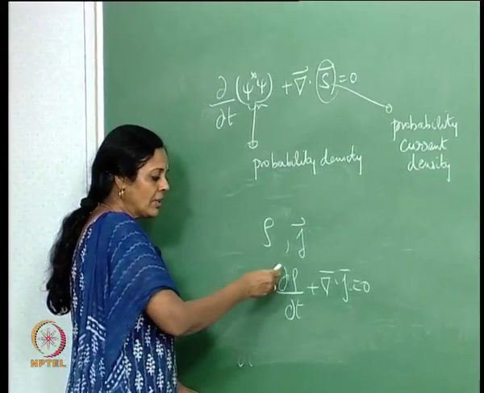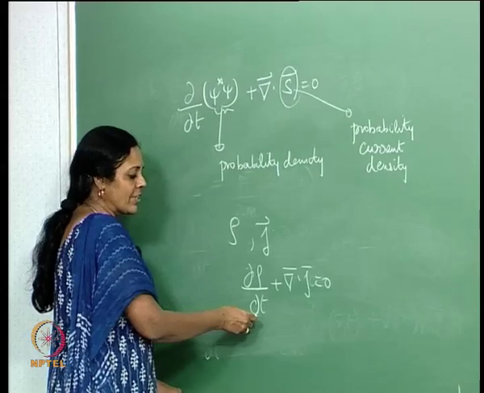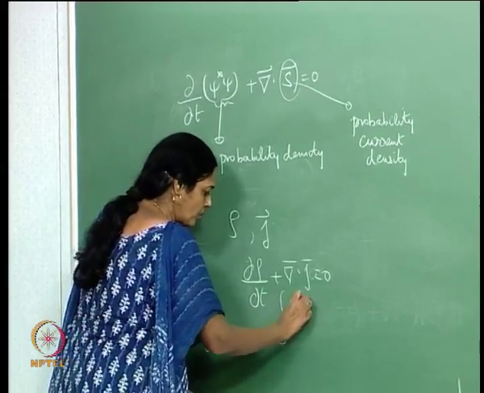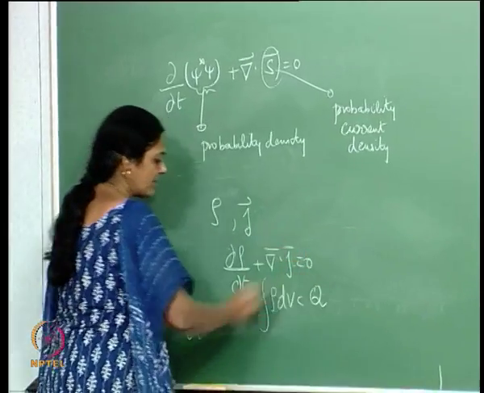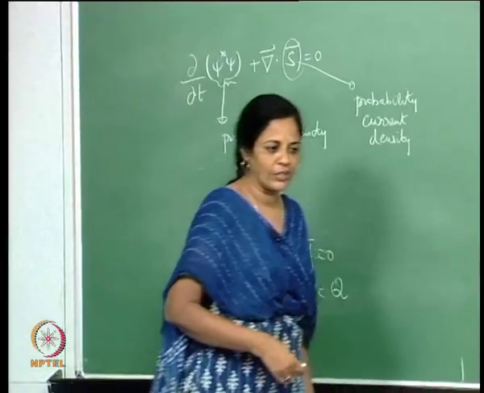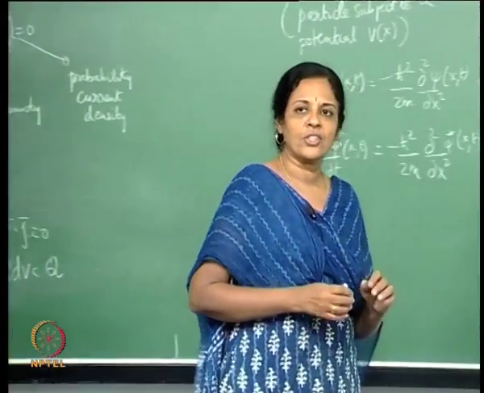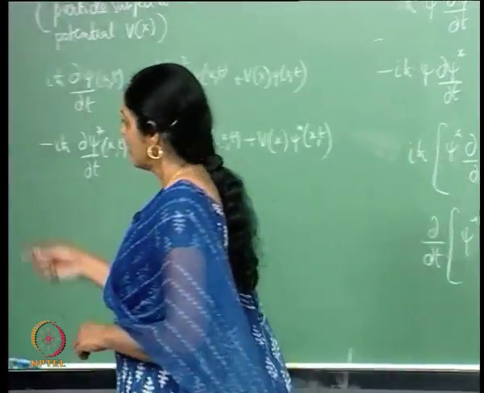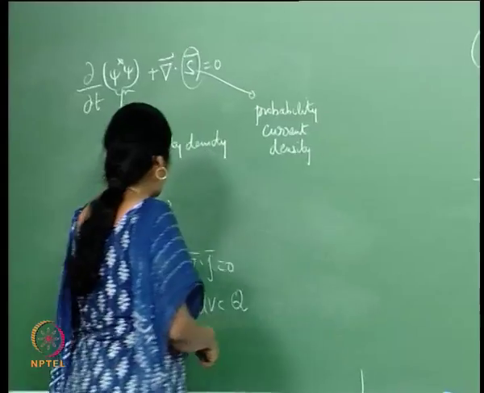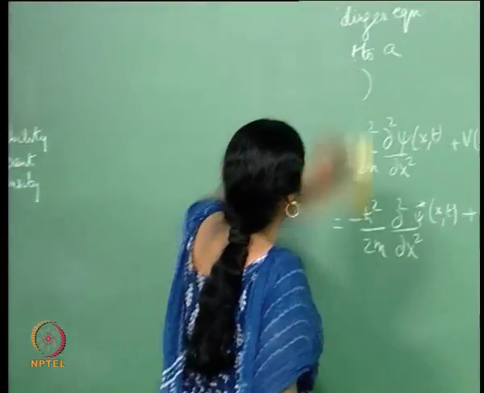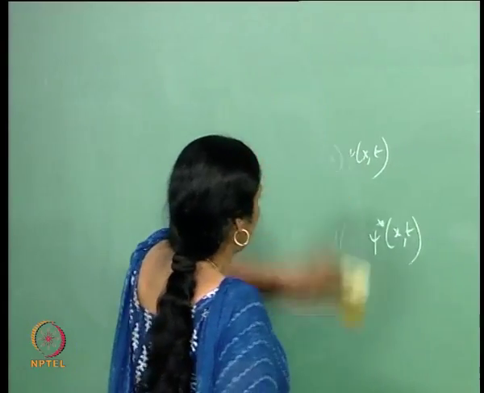You might recall that if you did an integration over space here, integral rho dV was the total charge, and you showed that the total charge was conserved. You would have shown in electromagnetic theory that the total charge was conserved provided certain boundary conditions were met. That is precisely what we are going to do in this context as well, because if you look at the continuity equation in this case,